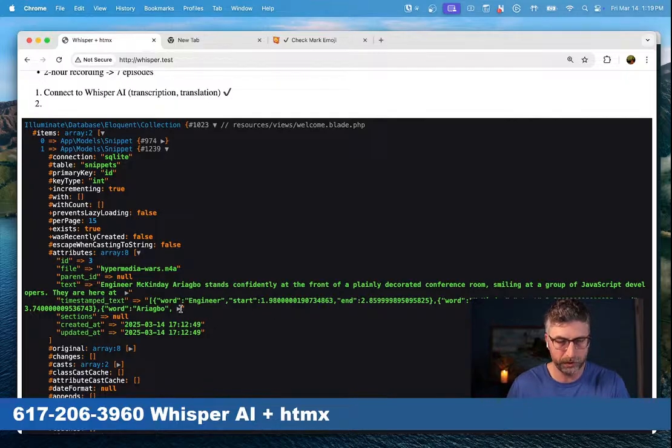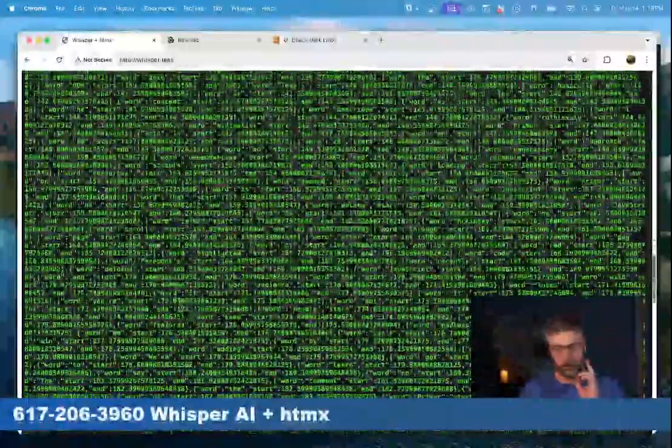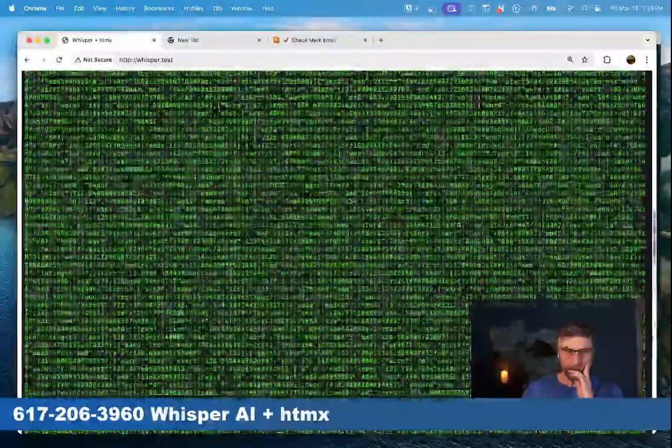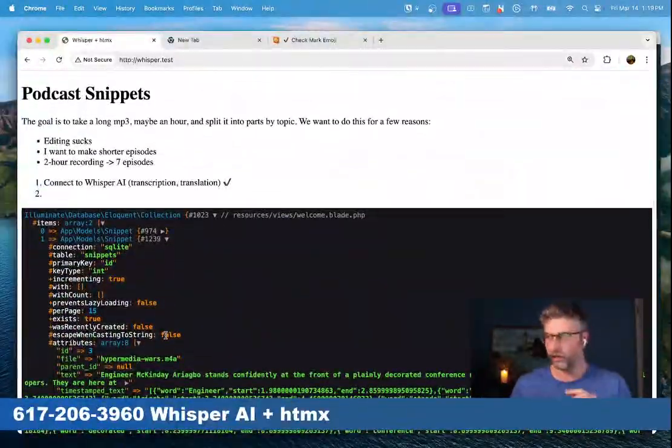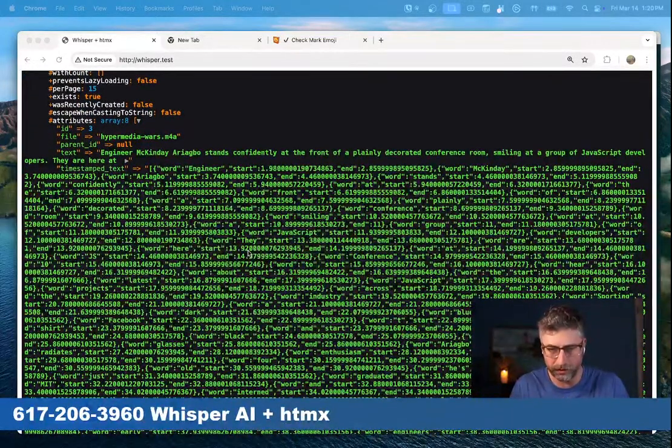Okay, so this is good. We have, I think, what we need here, which is the full text and the indexed words. This is the full text with all the words indexed. Now, the question is how much hand-holding do we need to do to make the AI work with this? Can I just send all this